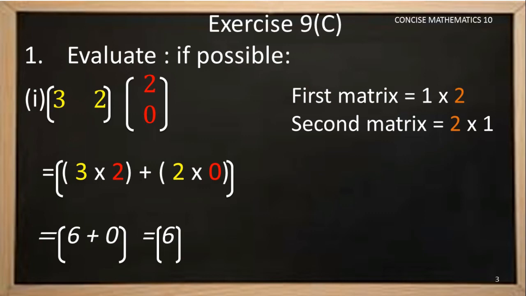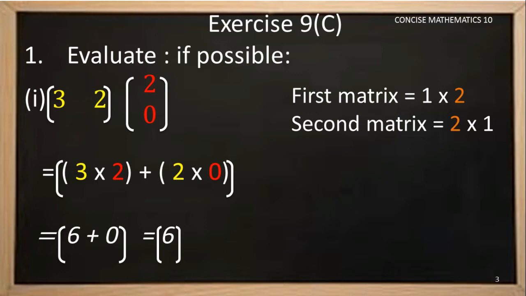So by multiplying the given matrices, the solution we have obtained is only one element. It is a row matrix as well as a column matrix. We have only one element, that is 6. One row, one column. I hope you understood this, children. Please concentrate on the rules. This problem is of the matrices 1 by 2 and 2 by 1, where the number of columns in the first matrix is equal to the number of rows in the second matrix. So the multiplication process begins in such a way. We need to consider the terms of the first row, first column.